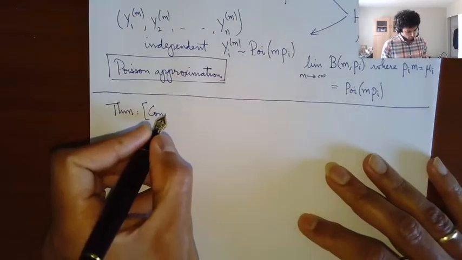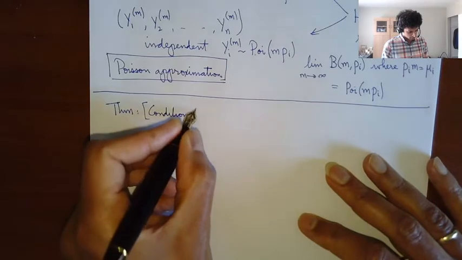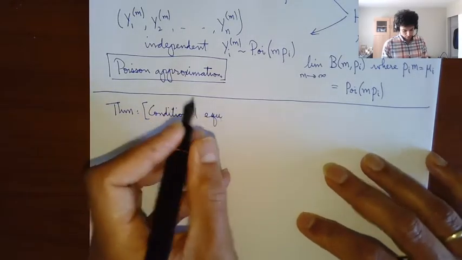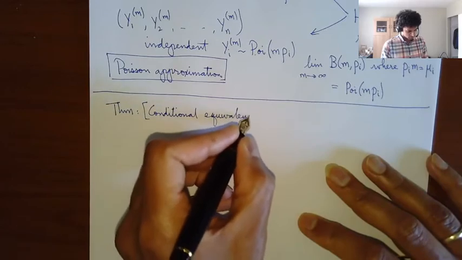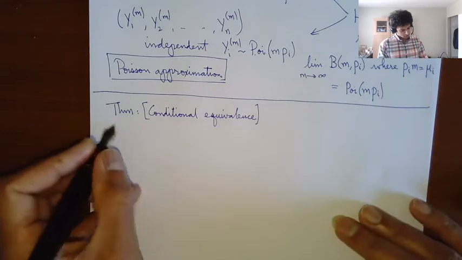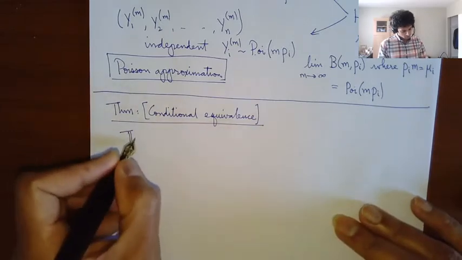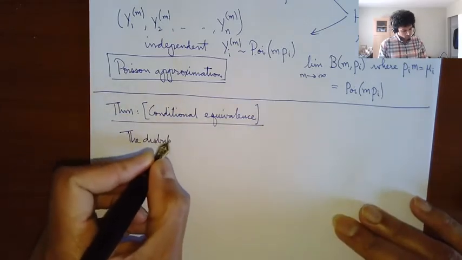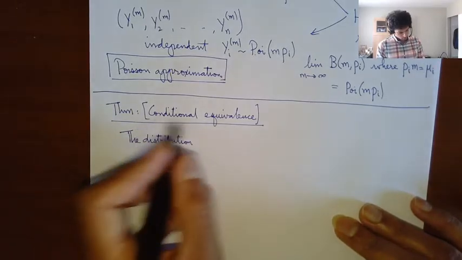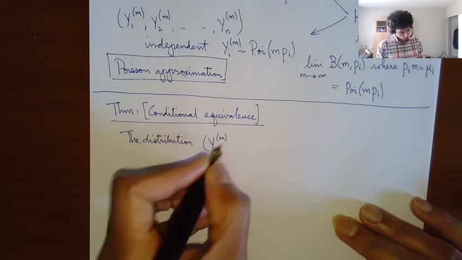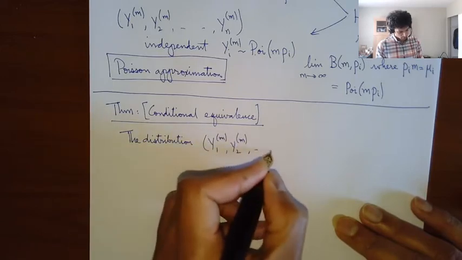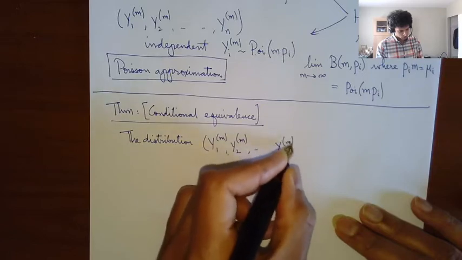So the first property we have is what I'll call conditional equivalence. Conditional equivalence says the distribution of y1m, y2m up to ynm, so this is your Poissons,